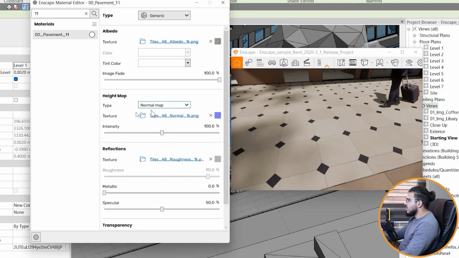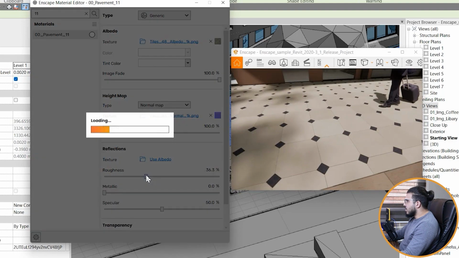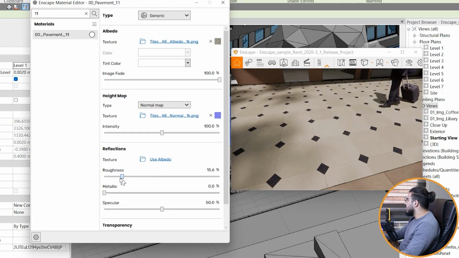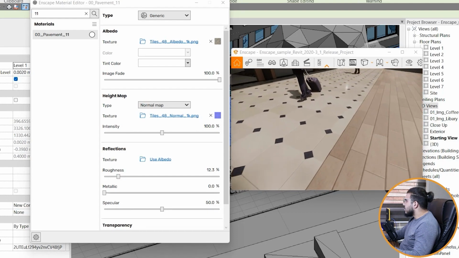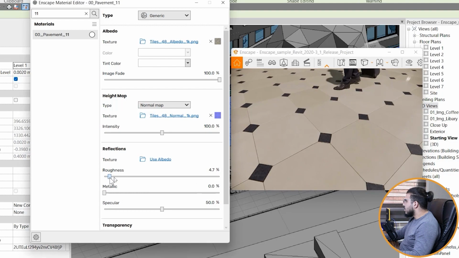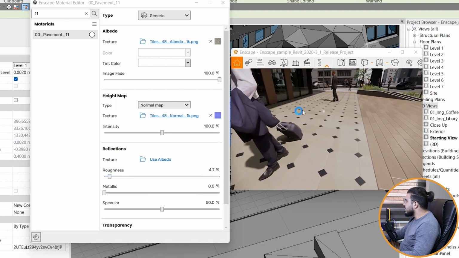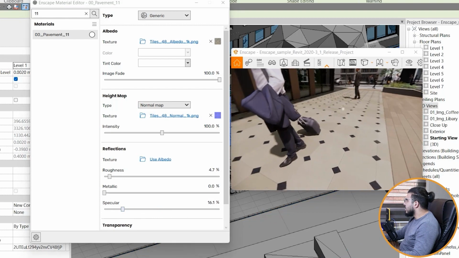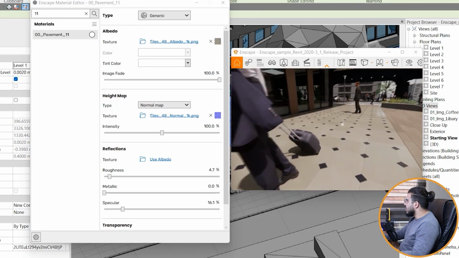And also you can change the options for height map, reflection, and all of those parts. For example, let's put the reflection on something manual, and let's bring the roughness to a lower number, and it will have more reflection for you. You can see the reflection in here, and also you can change the specular of it to see the reflections in here. Make sure to watch the Enscape material editor video. In there we will create 5 different materials in Enscape, but make sure to watch it after this video.